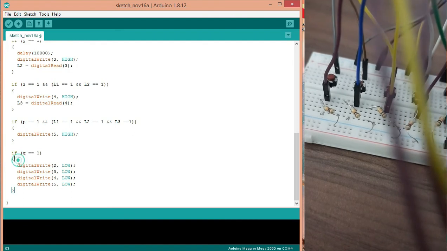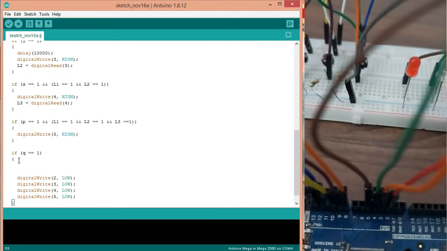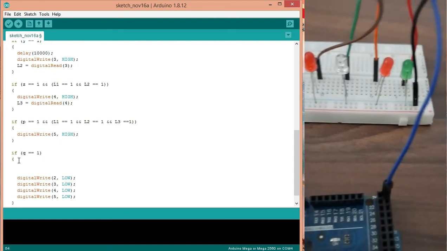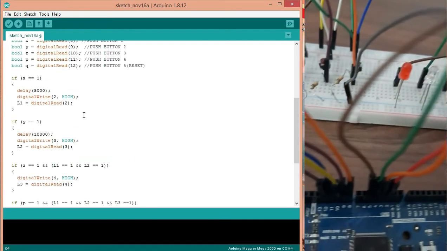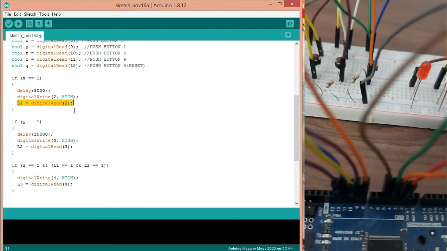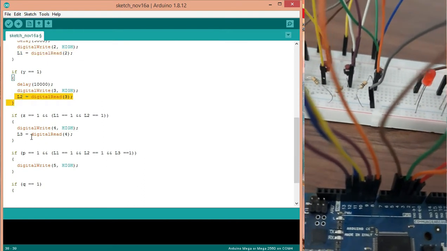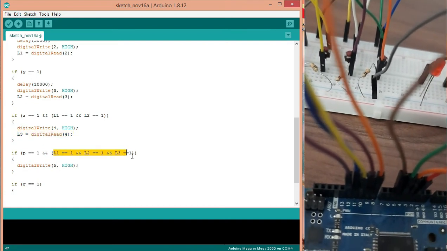Also, we have to remember one thing: the bool values we have used over here, L1, L2 and L3, those must also be turned to 0. Because if we do not turn them back to 0, then L1, L2 and L3 will be 1, so they will satisfy this condition.